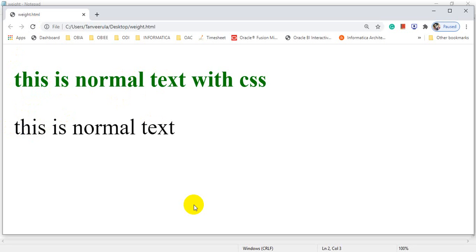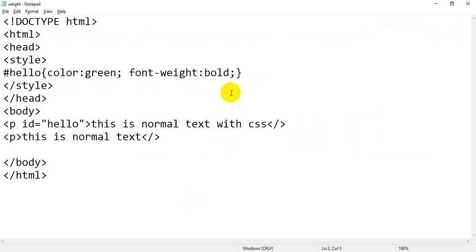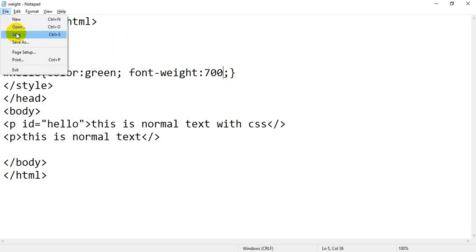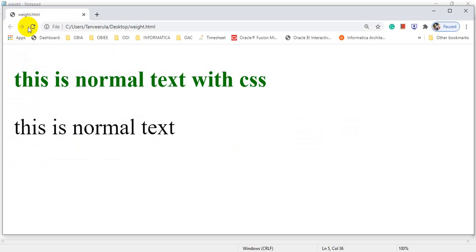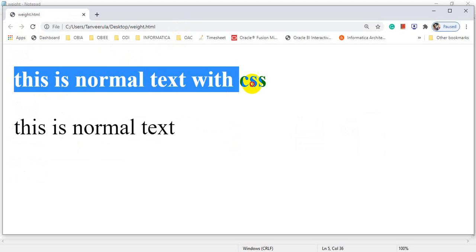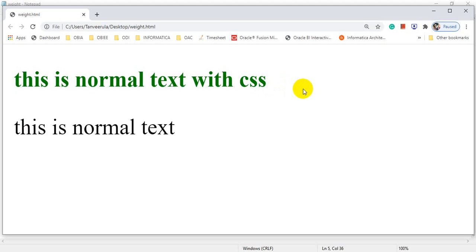Again, if I write 700 instead of bold, what is the value of 700? 700 is the bold value. Just save the file, flip back to your browser, refresh the page. So there is no change. Why? Because instead of bold I have given 700.